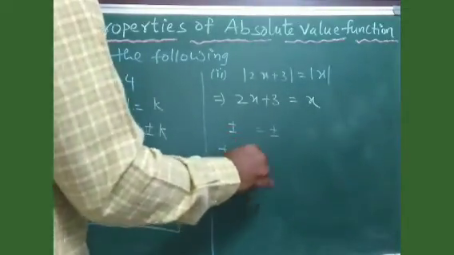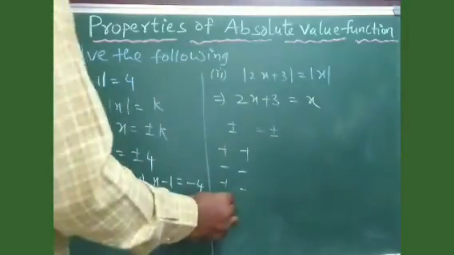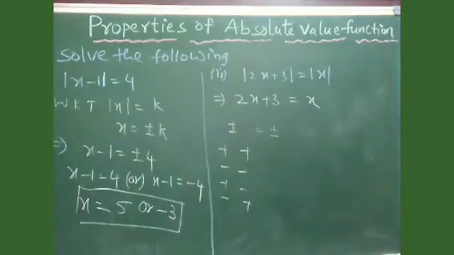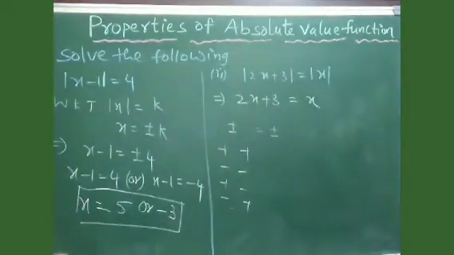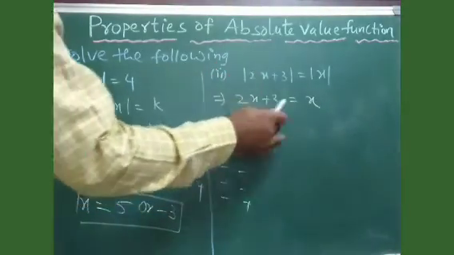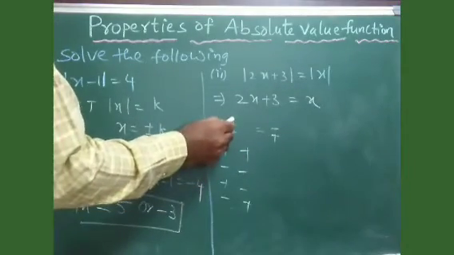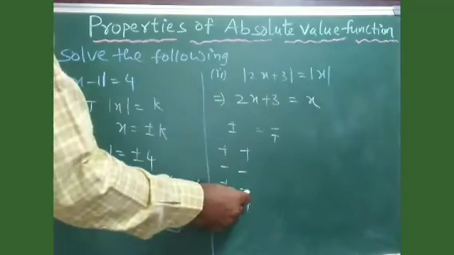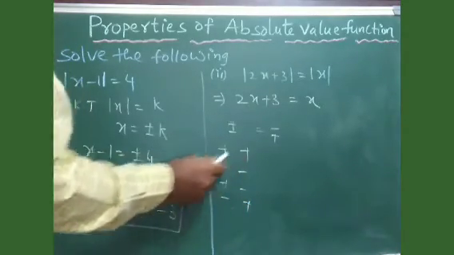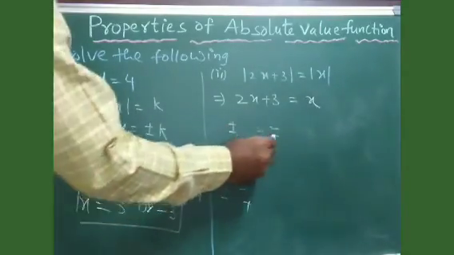I mean both are positives, both are negatives, one is positive and one is negative. Maybe the second one is positive and the first one is negative, etc. So these are the four cases we are going to get here when you remove the modulus. Then finally the combination: if it is plus, this can be minus, this can be plus. That is plus and minus, plus and plus. If it is minus, minus and minus. If not, minus and plus.